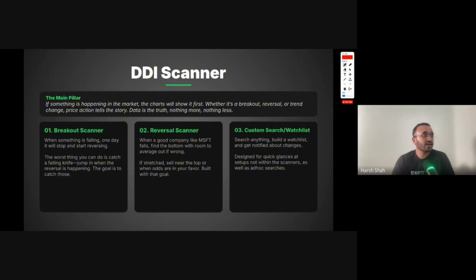So what I did is I broke the scanner into 3 states. This is as of today. The first one is the breakout scanner. Let me give you an example. If a stock is falling today in the market, we don't know where the bottom is. Again, for sure, we can look at different support zones and everything. But if the sentiment of that sector or the stock is not good, it is just going to fall.